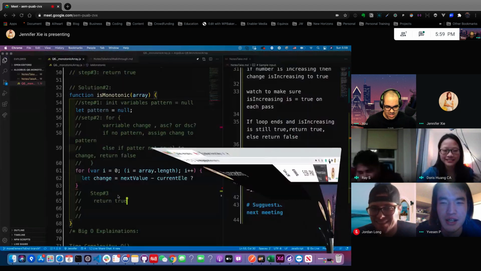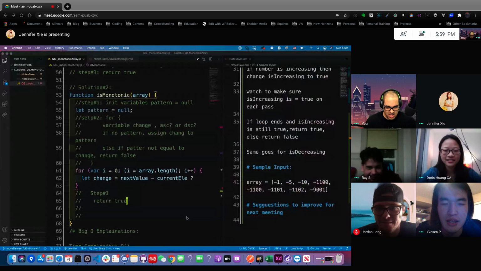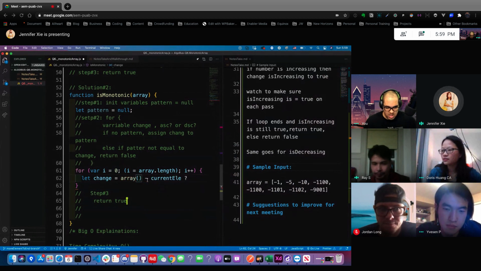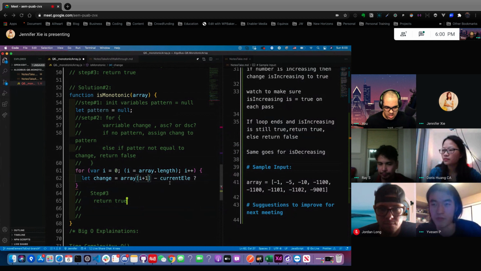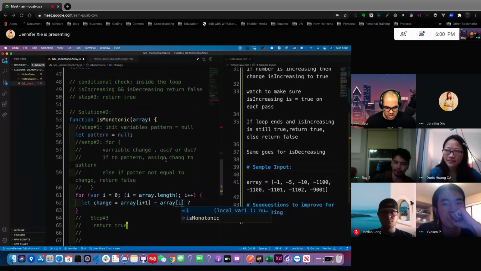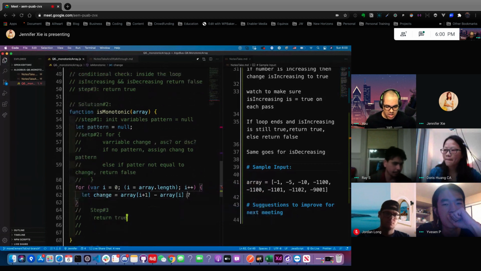Next value, you mean array at I+1, right? By next value, yeah. So if you want me to type, okay, we just put array I plus one, right? I+1, in square brackets. Yeah, square brackets. And then the current element is array I. Right. Okay. I, bigger than 0, like this. Yes. And then after the question mark,